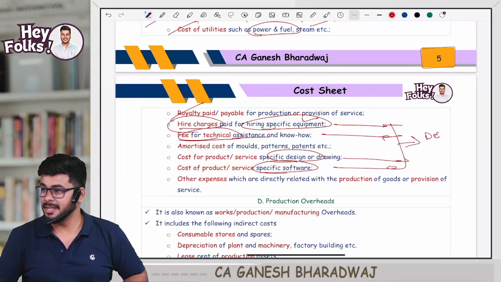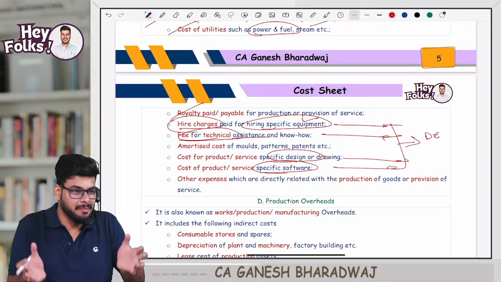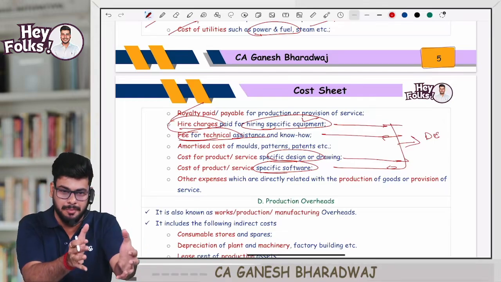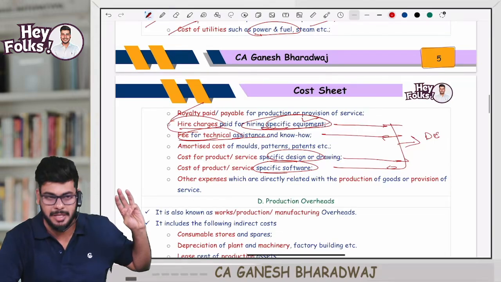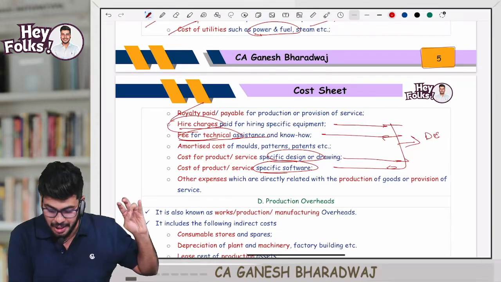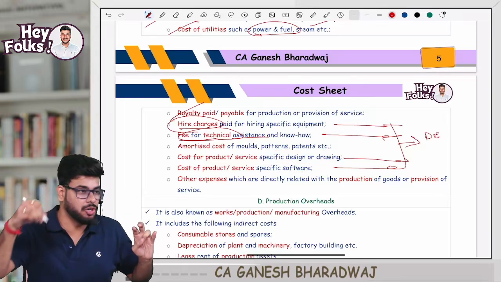Yes, guys. Now, let us say I am dealing in one specific customer's job. Exclusively for that job, if I am hiring a specific equipment, or if I am actually having some specific designs and drawings,